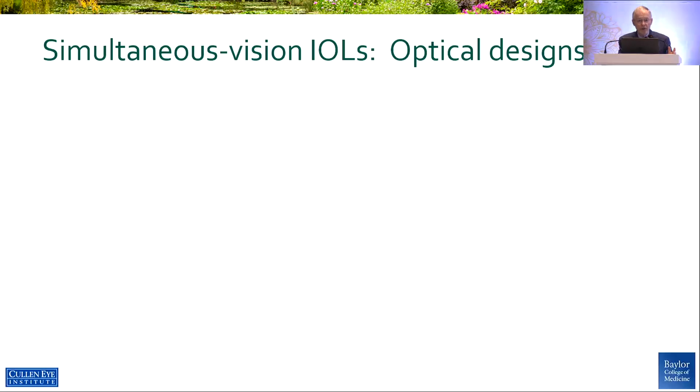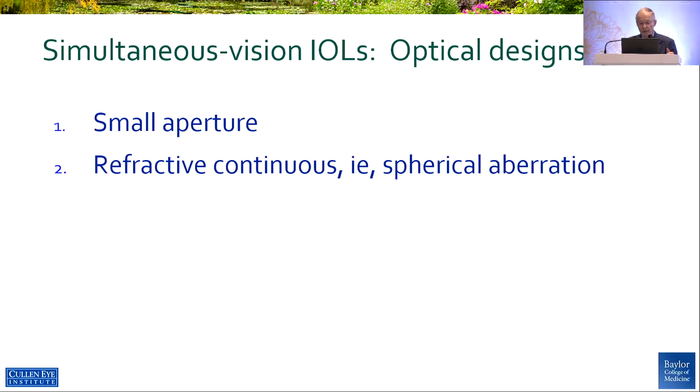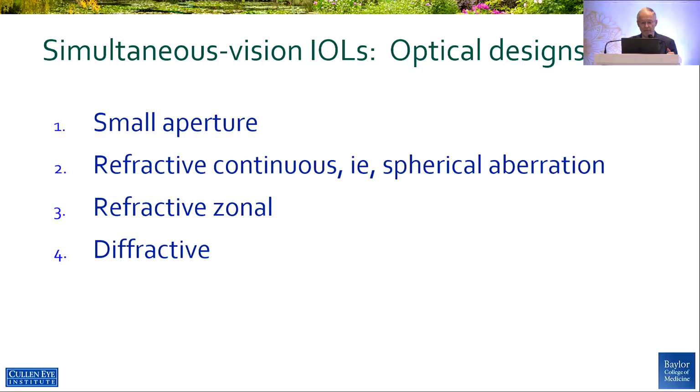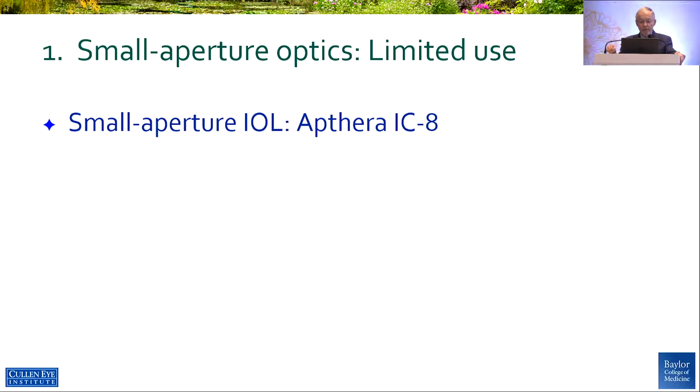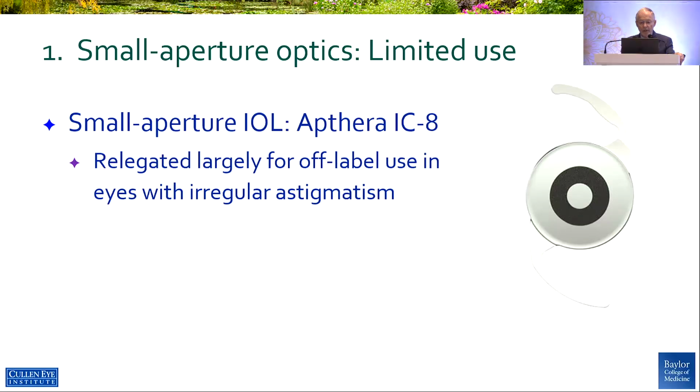So simultaneous vision IOLs, by which I mean those that provide more than one focal point, there are many optical designs. There's small aperture, refractive continuous that use some form of spherical aberration, refractive zonal, and diffractive. So we have a lot of choices. Well, small aperture choices are really in the United States. We have the Apthera IC8, and we thought this was going to take off and be more commonly used, but actually it's been relegated in the United States to off-label use in eyes with irregular astigmatism because of patient issues with darkening of vision and with some glare due to the small aperture and probably some diffraction